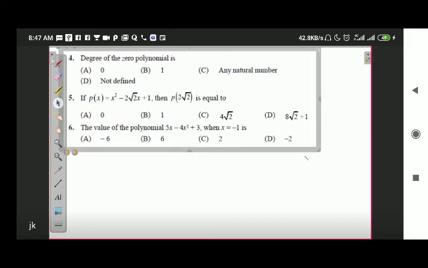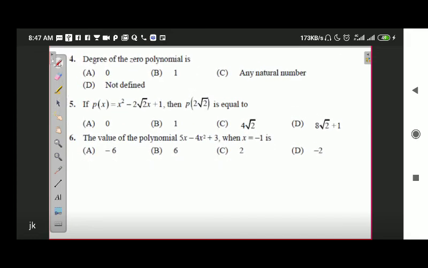Similarly, the fourth question is of the same kind. The fourth question is the degree of a zero polynomial. We have already discussed that the degree of a zero polynomial is 0. Next is